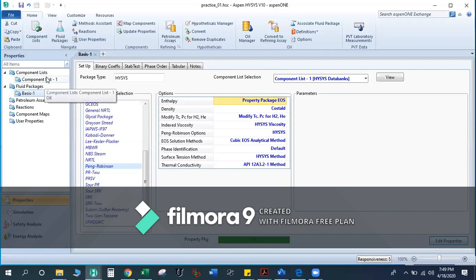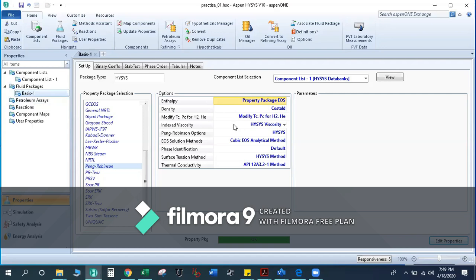In HYSYS, there is no such limitation. You can add n number of component lists in your simulation. There is no limitation in HYSYS. You can add n number of component lists, and you can have so many fluid packages which are listed over here that you can add, and you will have to link one fluid package with the others.